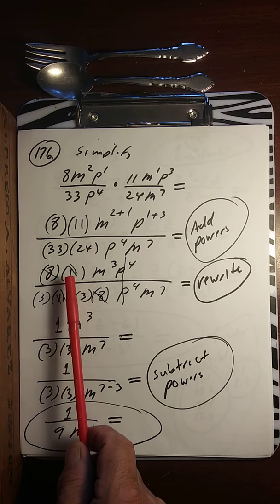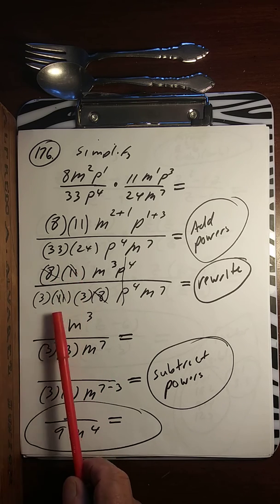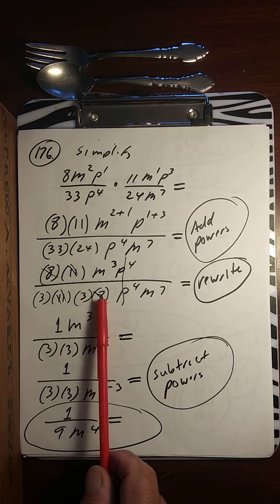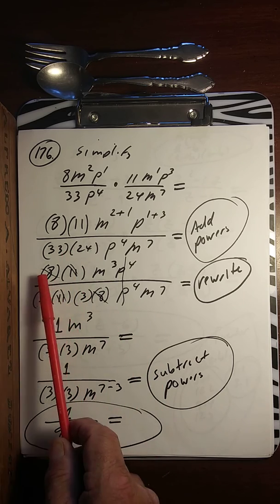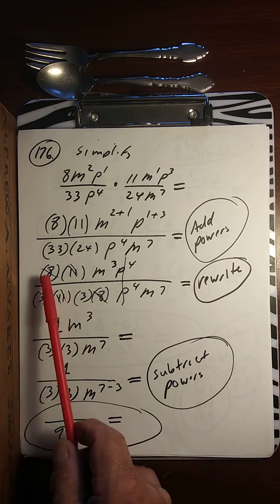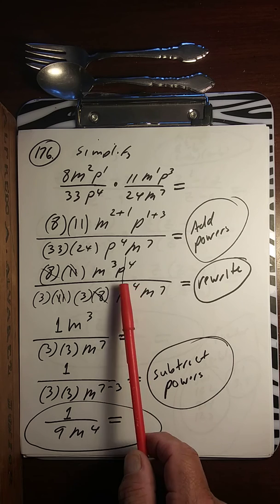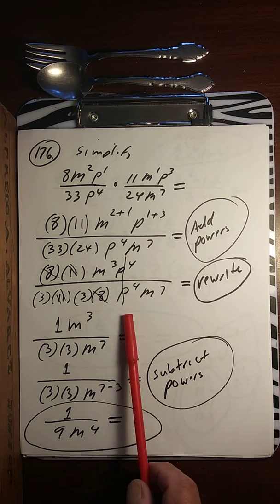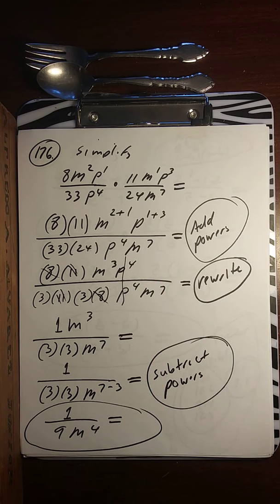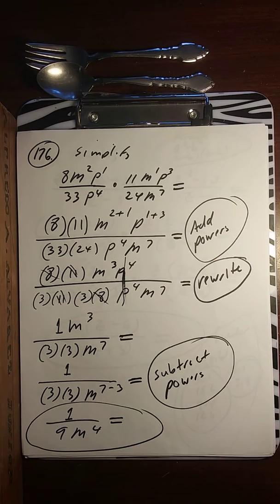So now we have 8 times 11, fix this a little bit. 3 times 11 is this, and 3 times 8 is 24. So now we can cancel stuff. 11 goes away, 8 and 8 goes away. Also, the P to the 4 is exactly the same. That's gone. So now what's left over is